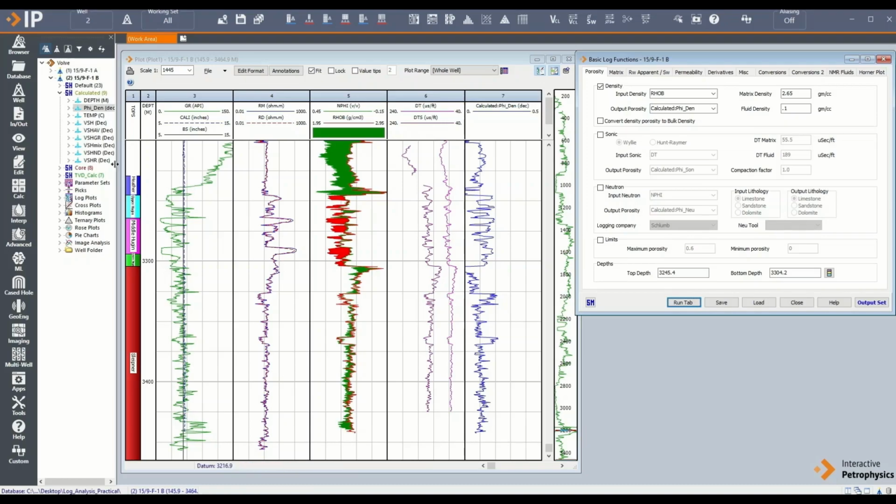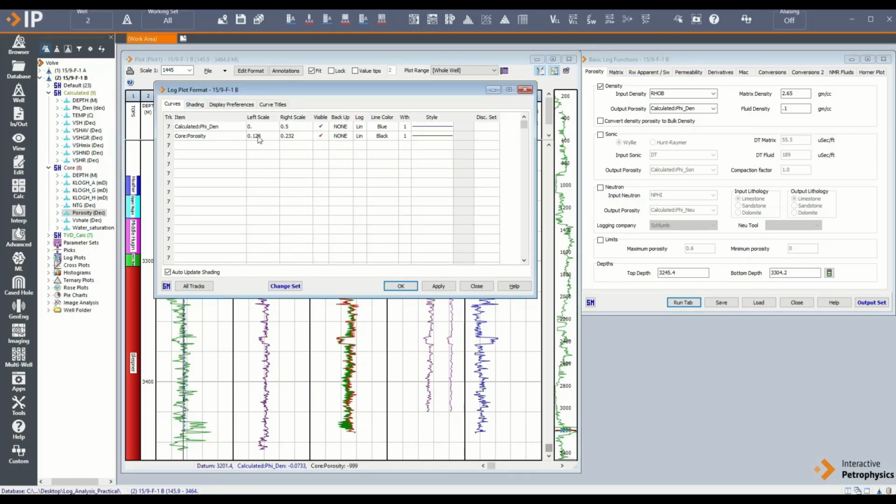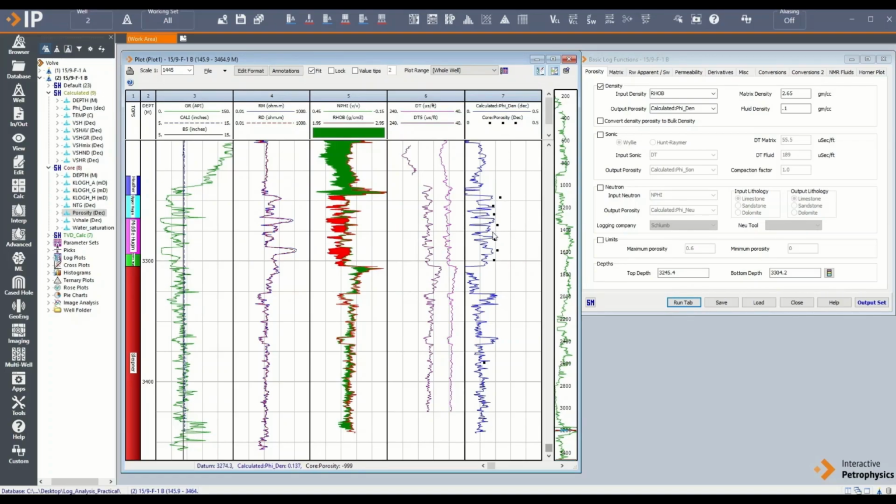And then one thing we can do is compare this with the core data. So we have the porosity in the core, we can drag it here and adjust the scales. So we just keep the same scale as the log, and then here we just make it dots. So now they are plotted here. You can see currently we are underestimating the density porosity. So probably if we increase the fluid density to a higher value like 0.2 and run the tab, you see